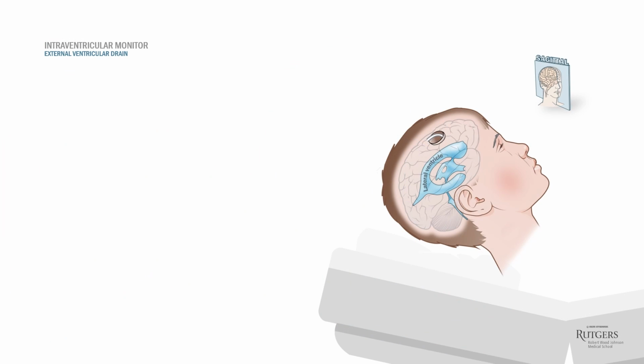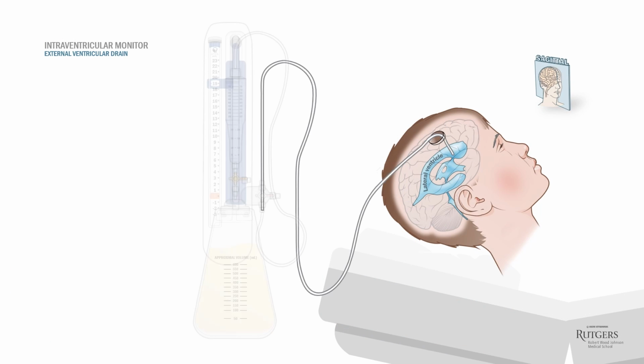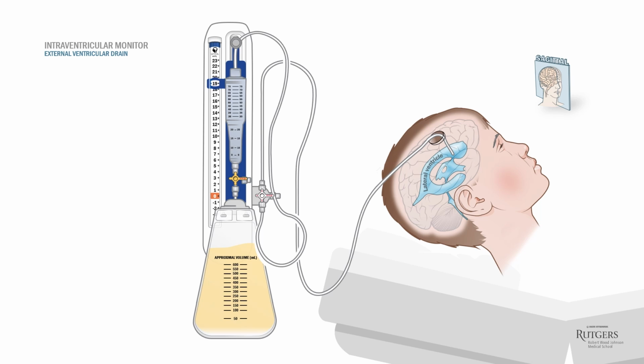The catheter is then attached to the drainage line to the collection system. The system consists of a pressure scale, a drip chamber, and a collection bag. The system can be connected to a pressure transducer. And the drainage line usually has a few ports and stopcocks, which allow us to carefully collect CSF for analysis and even inject medications. Nice. We'll explain how the system works in a bit.